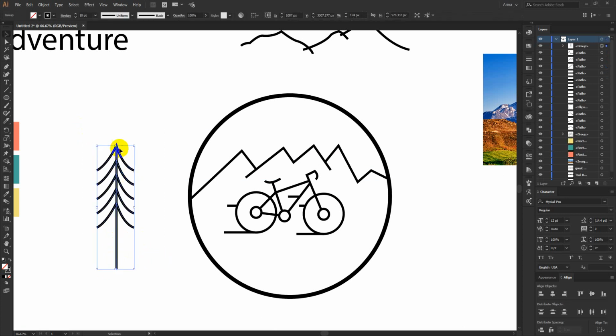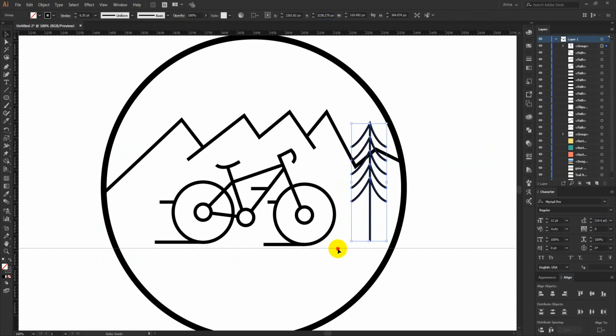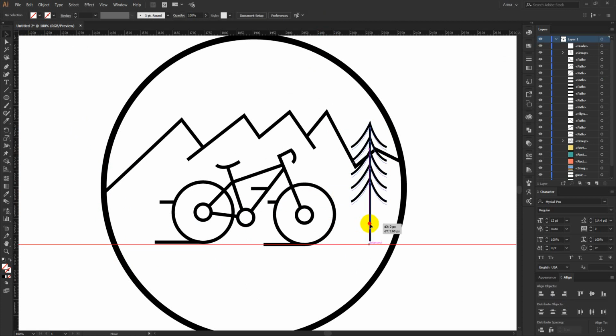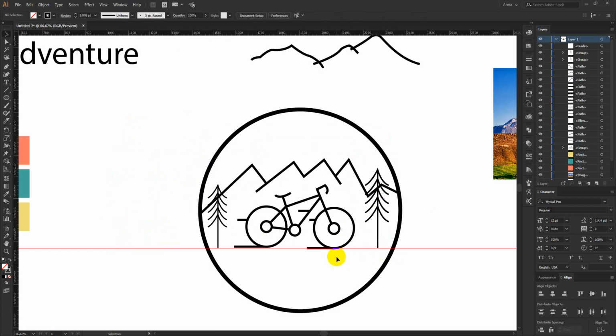Maybe just make it a group. I am going to place these 3 lines with my cycle here. Maybe this will work. Just take it here, another one maybe here in a bit smaller size, and yeah, we are done erasing this.